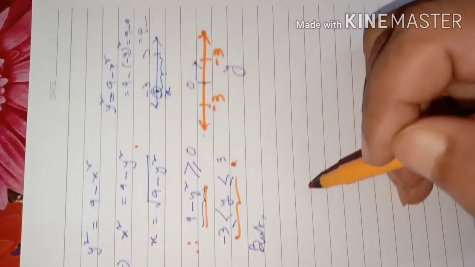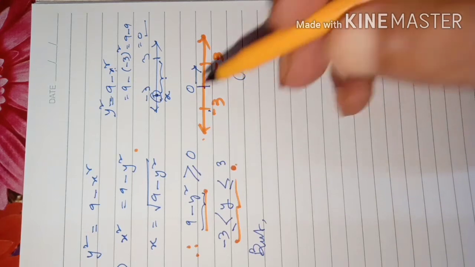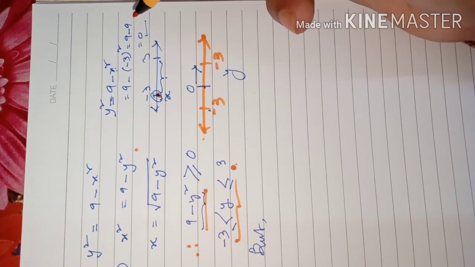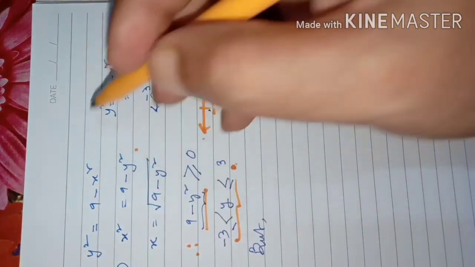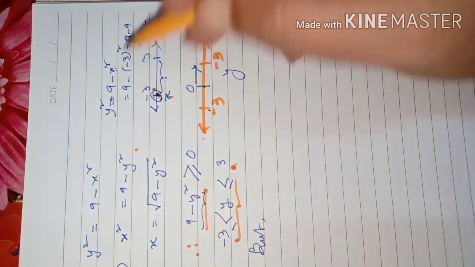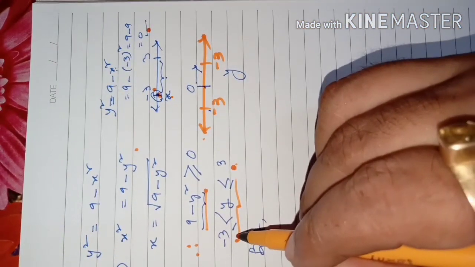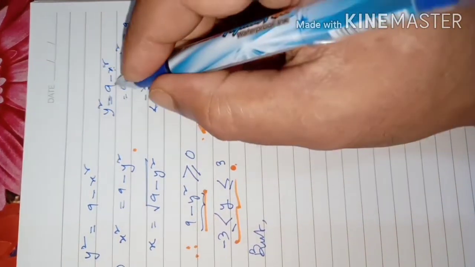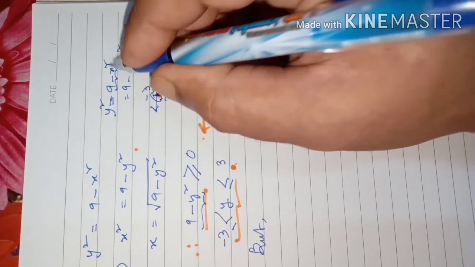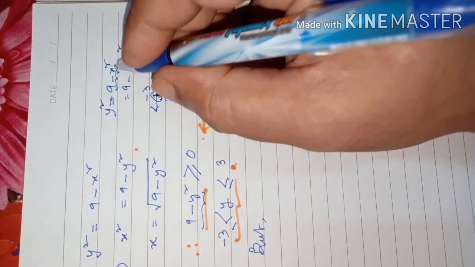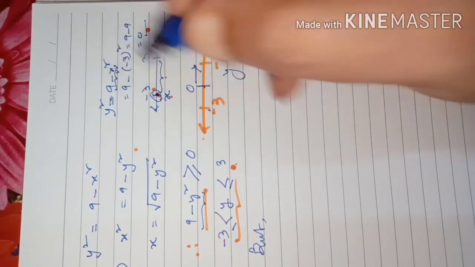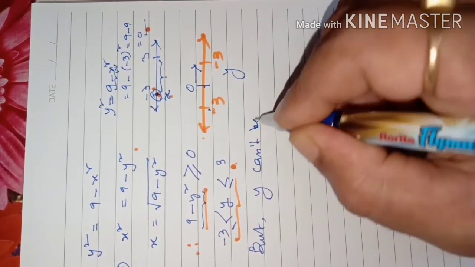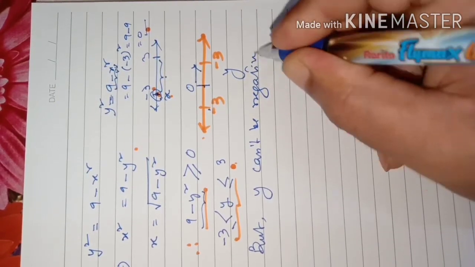We cannot. At that time we need to verify the values of x. By taking the values of x, what is the starting value of y that we can get? X equal to minus 3, because x lies between minus 3 and plus 3. If I take minus 3, I get 0. That is, y will not start getting values from minus 3. So negative value it will not get at all, because this whole expression tells us about positive value only. Positive value means 0 or positive value greater than 0. This whole expression stands for that. So we will say like this: y can't be negative.